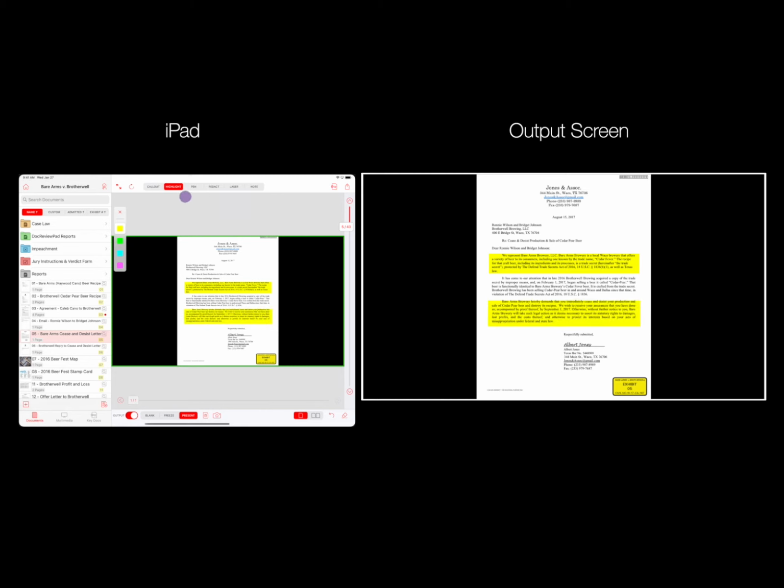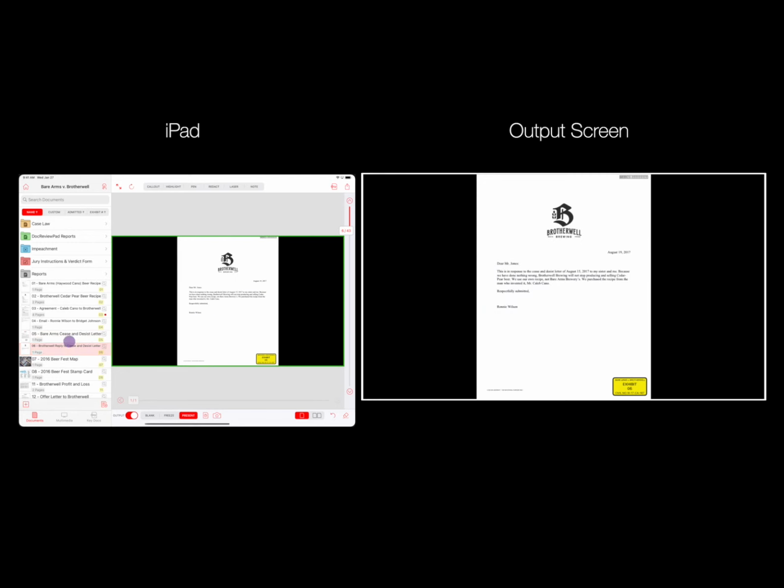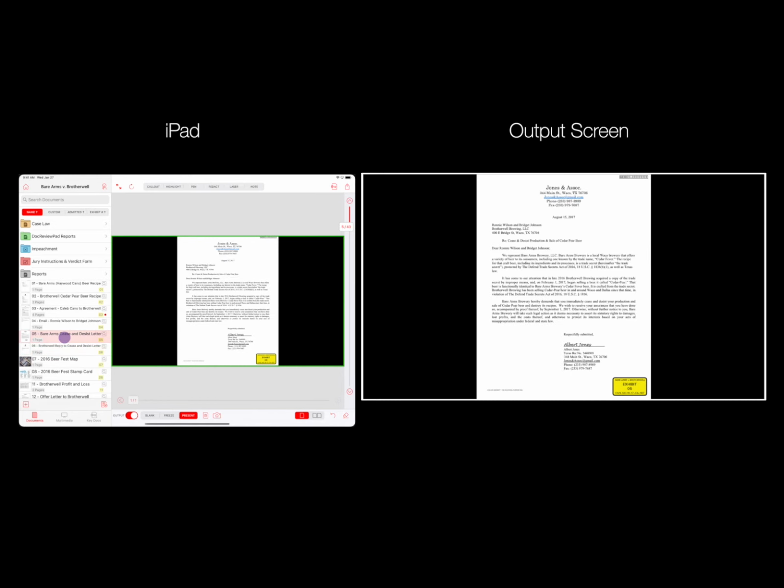The annotations you make to a document will remain as you go from page to page of that document. However, as soon as you select a different document, the annotations on the previous document will be cleared. This ensures that you always have a clean set of your documents. If you want annotations to be saved on the document, please see the TrialPad video, Key Docs Explained. Besides the annotation tools that will be described in this